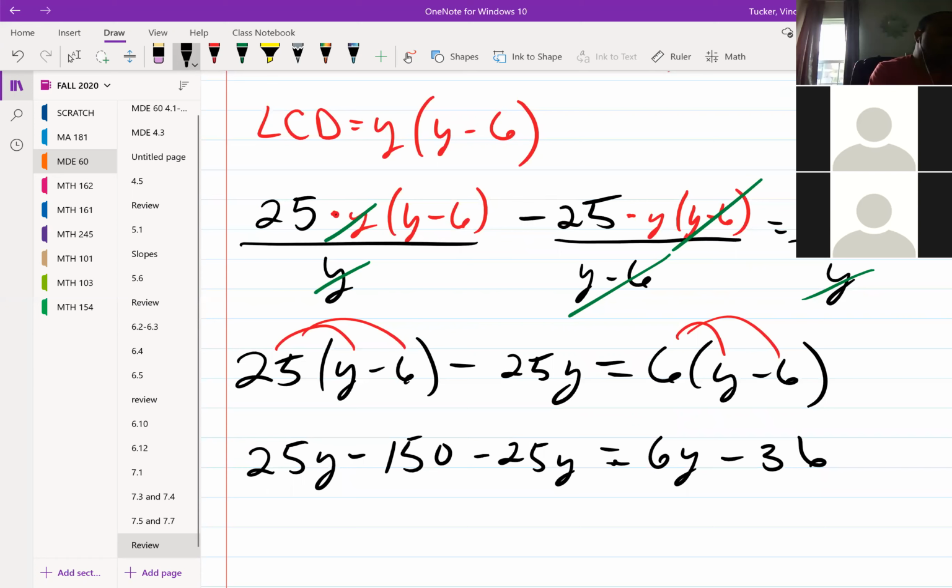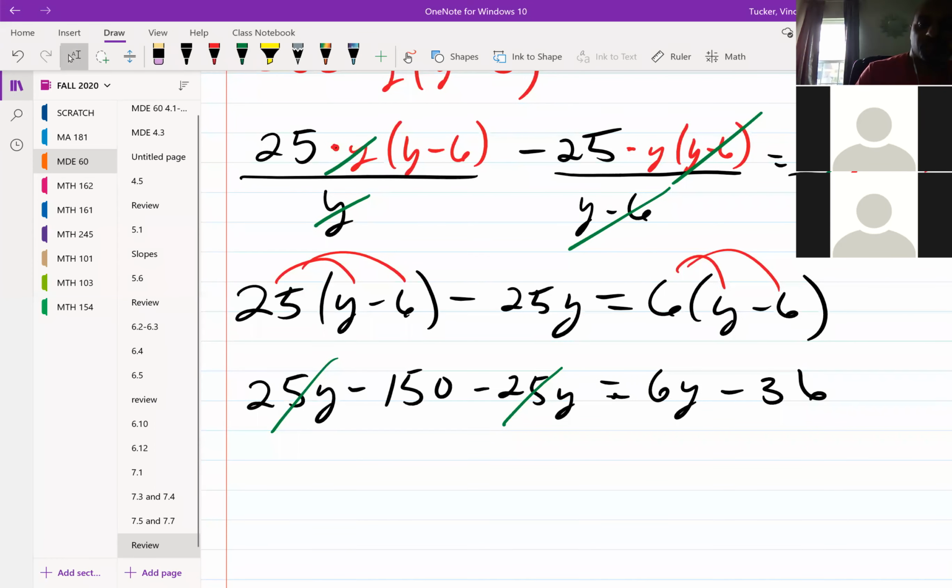Any questions? I got one. Do we square that 6y minus 36? No. Now if you had a y that you were distributing, then it would have been y squared. I'm talking about the end. Once we did it, when we get to equal 6y minus 36,